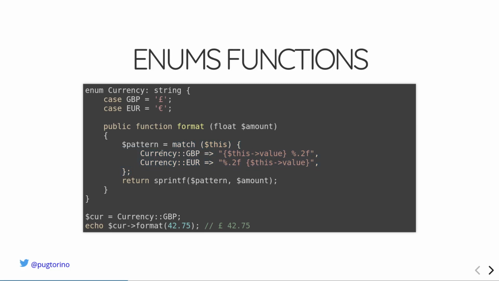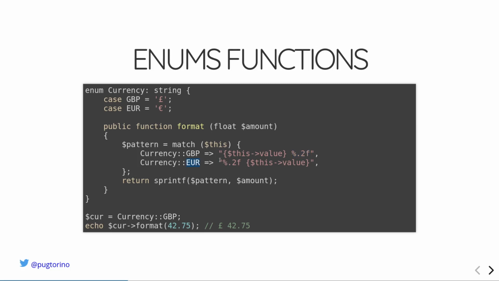So basically here we are saying, okay, if $this has this value, so if the currency is GBP, the result will be this string. So we are using this string where this value is the value of this case, GBP. In the curly bracket here, this is the equivalent of the pound symbol, and after we are printing just the floating point with two decimal numbers, because we are using a sprintf function here. Oh, yeah, this is for GBP.